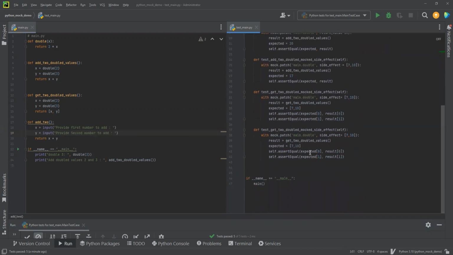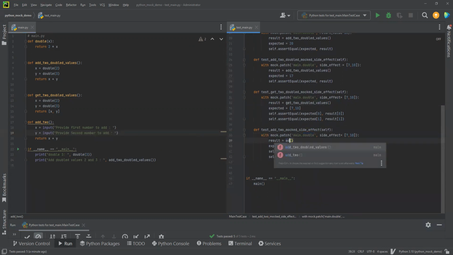And in here, we are testing add_two using the mocked side effect here. Never mind the naming. The naming is simply for demo, but this is not a very good way of naming the functions anyway. So what we are mocking is the function called by add_two. The function we are mocking here